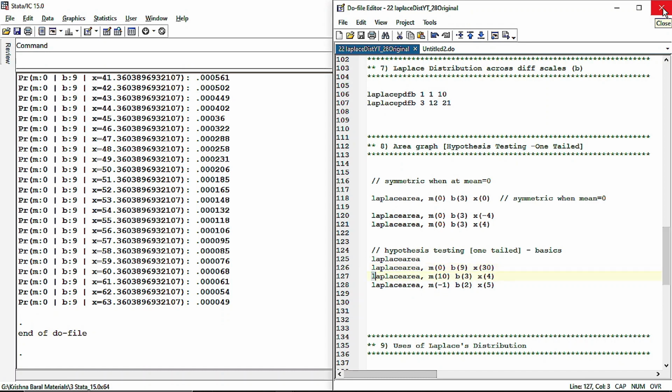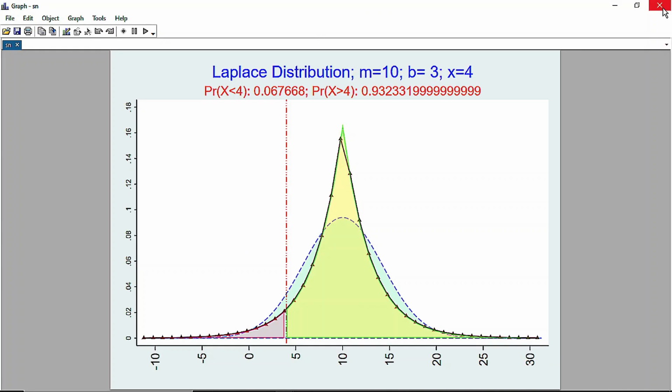Now let us see another example, for the mean to be 10 and scale parameter b to be 3, and we want to test whether x is less than 4 or greater than 4. So in that situation, do we reject the null hypothesis or fail to reject it? Our null hypothesis is x equals 4. For the two alternative hypotheses, x less than 4 is 7%, and x greater than 4 is 93%. 93 and 7 add up to 1 in a continuous distribution. Both of them should add to 1. So in both cases, we fail to reject the null,